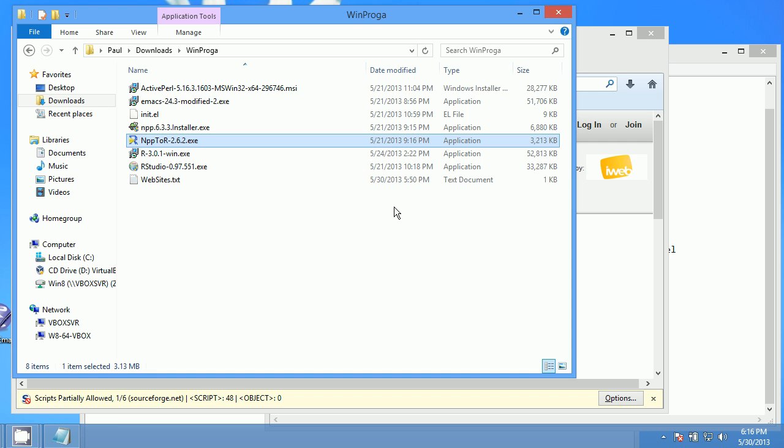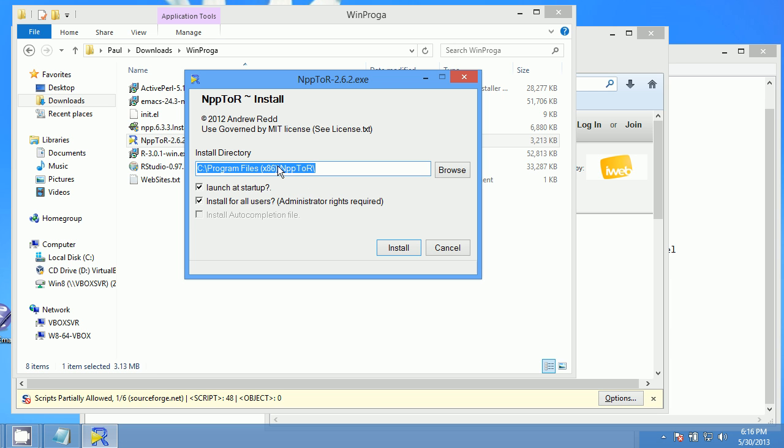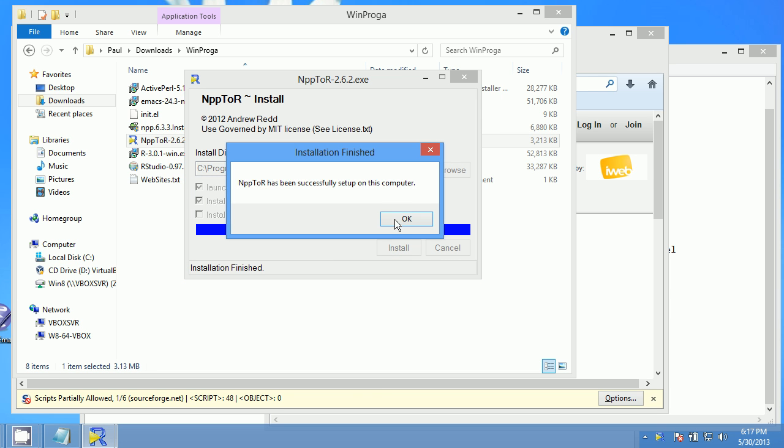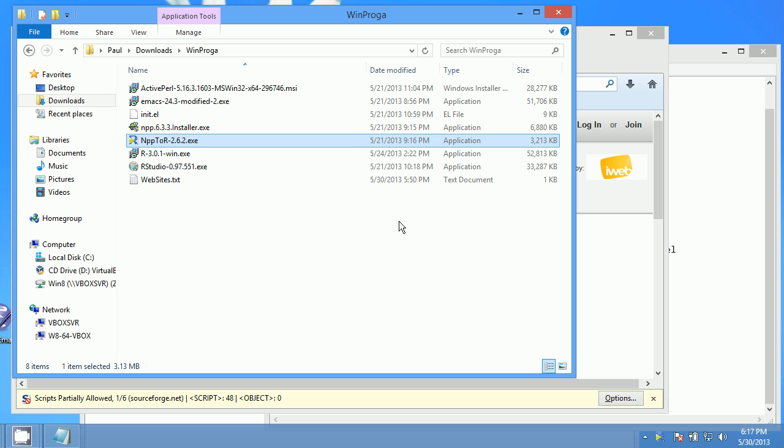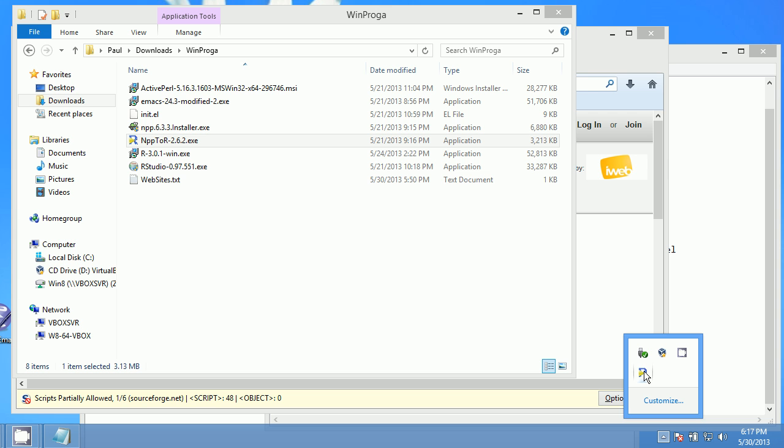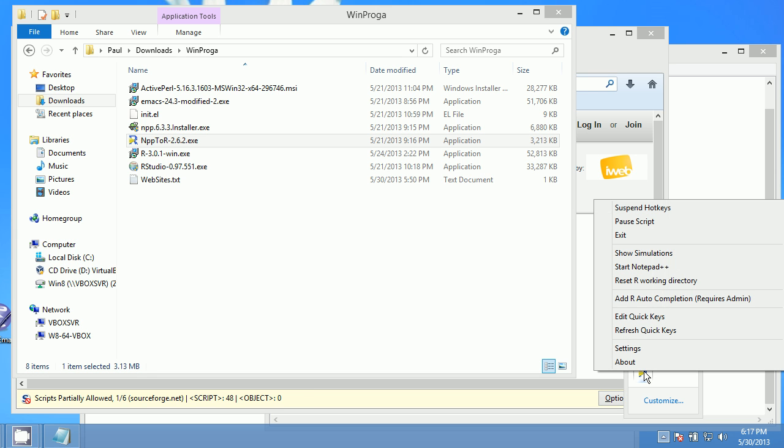So after that's done downloading, then you right-click on it, say Run as Administrator. Yes, okay. I think that I'm going to leave this x86 in that one because I have a sneaking suspicion I would break something if I changed it. So it's been successfully installed on this computer, and one piece of evidence for that is that in the app tray in the bottom, you'll see you have an